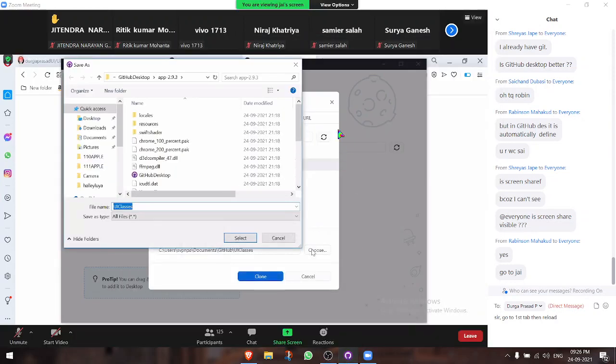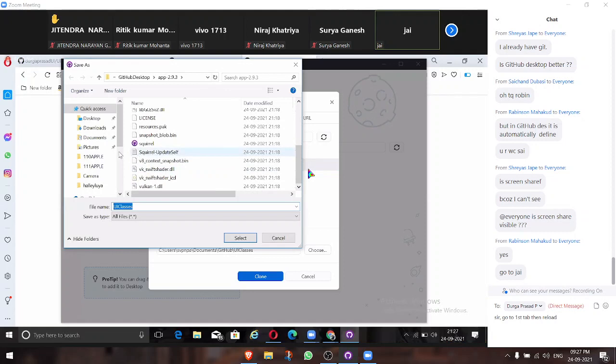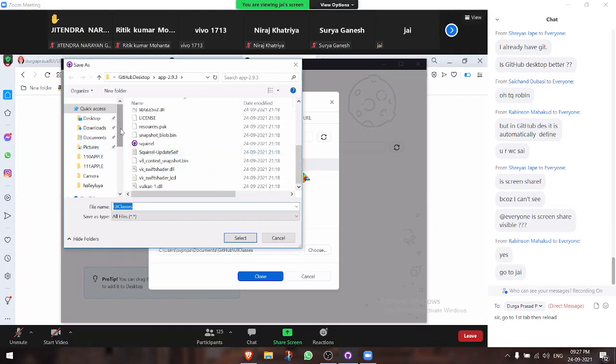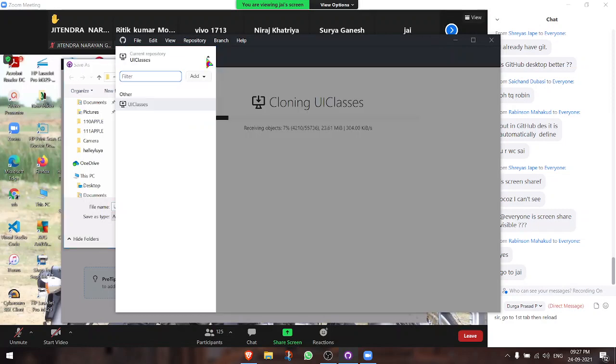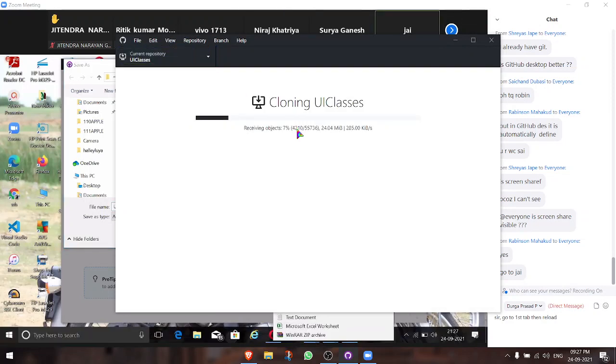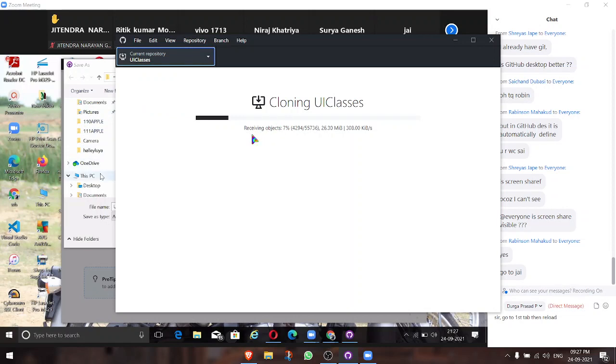What are the folders you have? Maybe C drive, E drive. Shall I create a new one, sir? Yes, please create a new folder in a separate drive where you can track all your UI classes content. Here itself you can create, Jay. And I recommend don't go with the desktop for your GitHub repository. It is recommended to go with the C drive.